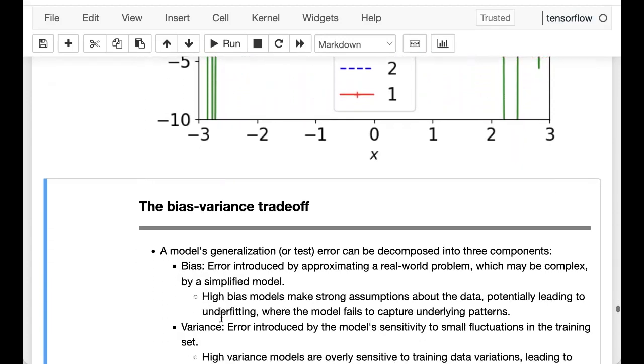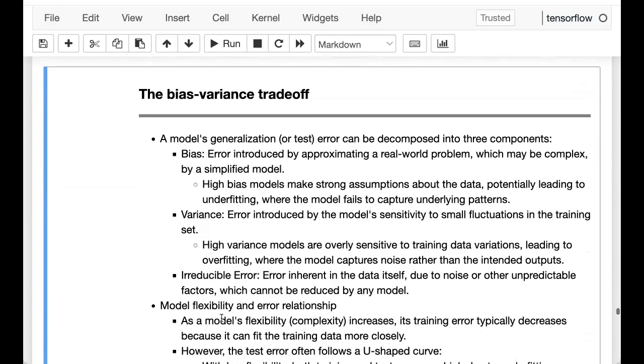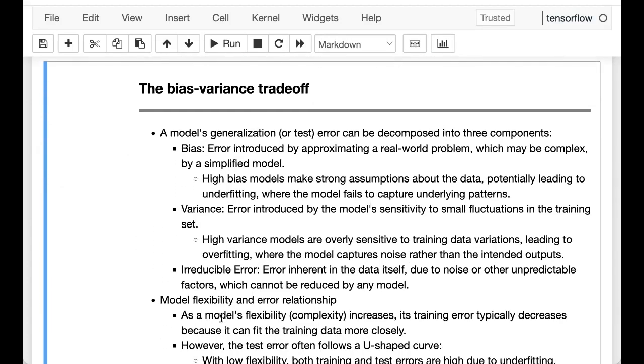And this is what is known as the Bias-Variance Tradeoff. So remember, in machine learning, we really care about the generalization performance, meaning that we want to know the true performance on a new unseen test data. And this error in general that we have on the test data can be decomposed into three components. One is bias, which is the error that we introduce by approximating a real world problem, which is possibly complex,